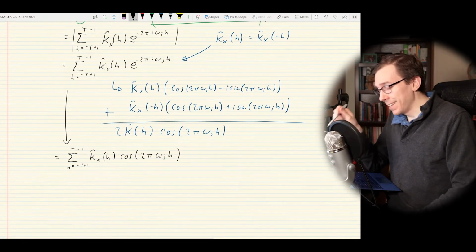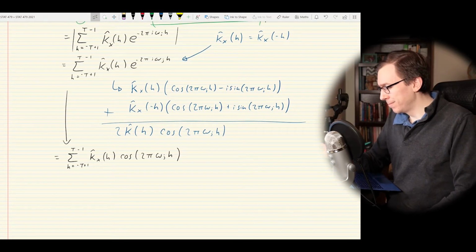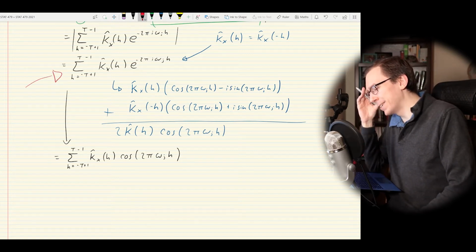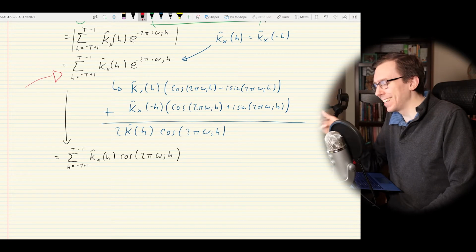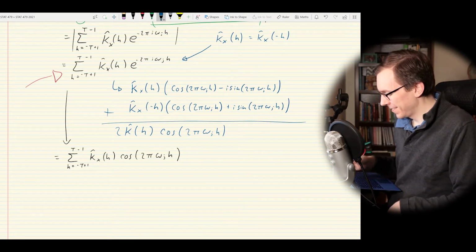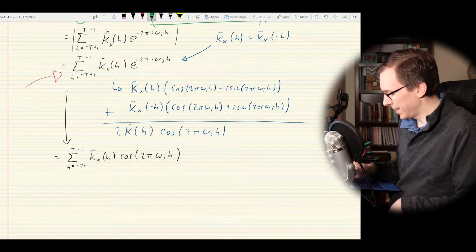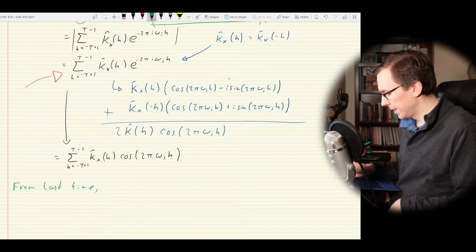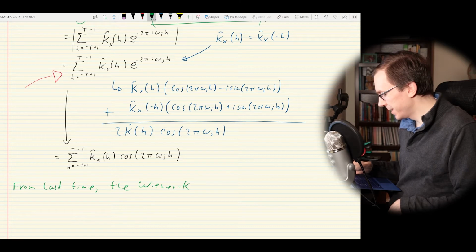The first is this formula, well, maybe not the cosine transform, but this formula here looks kind of familiar, right? Didn't we just see this in the last lecture? What I'll say is, I'm going to do this in green, from last time, the Wiener-Khinchin theorem